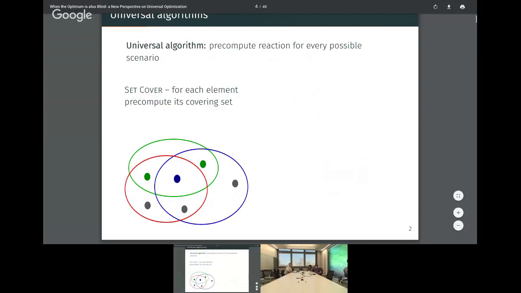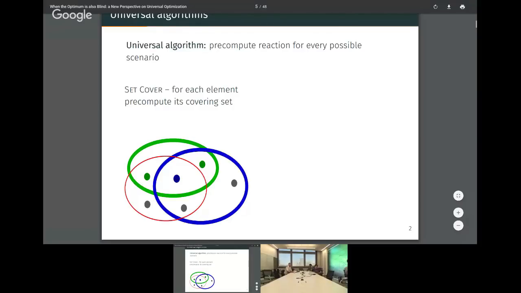here, and after this scenario is revealed, it induces a family of sets that we need to pay for. So U is the elements and S is the, what is S? S is the family of sets. But this is not a scenario. It's what you can use to cover, right? Yes. I think what's confusing me is that S is not a scenario. Yeah, S is fixed. Okay, I see. And then the probability, and the distribution is also over the family of